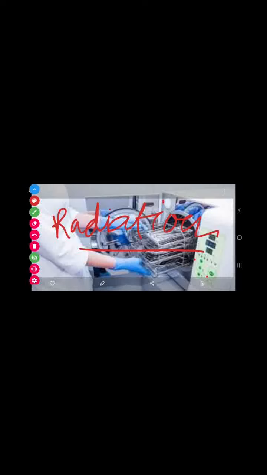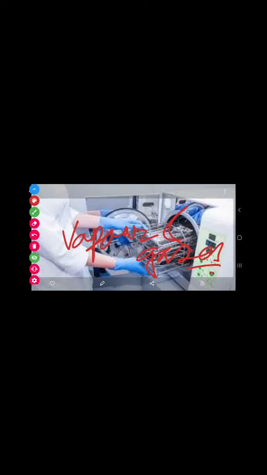Now the last and final point is vapors and gases. From a practical point of view, formaldehyde, beta-propiolactone and ethylene oxide are not routinely used in laboratory sterilization practice. These sterilants are used in hospitals and commercial facilities where closed systems controlling temperature, humidity and concentration are required to achieve sterilization using these agents.